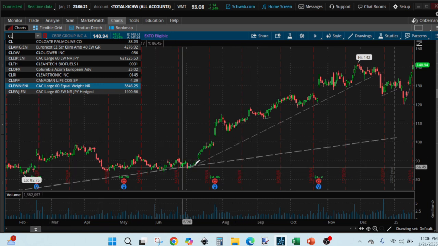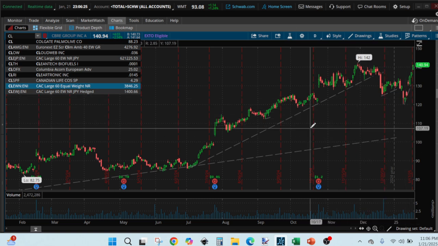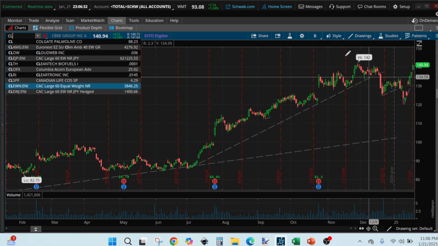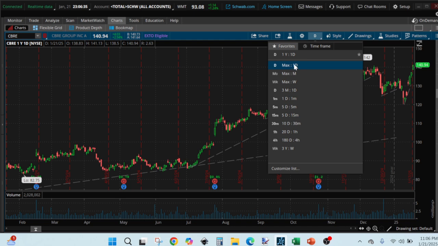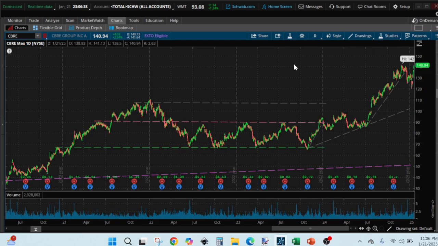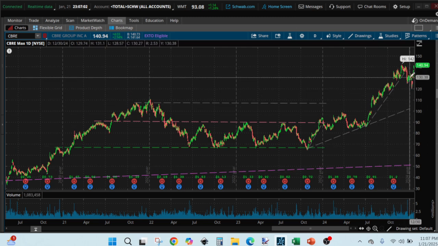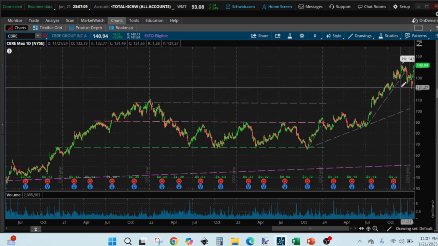On this 1 year daily chart, it just seems like you can choose a higher up trend line to wait on, and I just find that using a maximum daily chart can give you a better look at the chart pattern, so that you do not end up following the chart up, and then when it decides to go back to a lower trend line, you will be left stranded there. So that's why I like the maximum daily chart